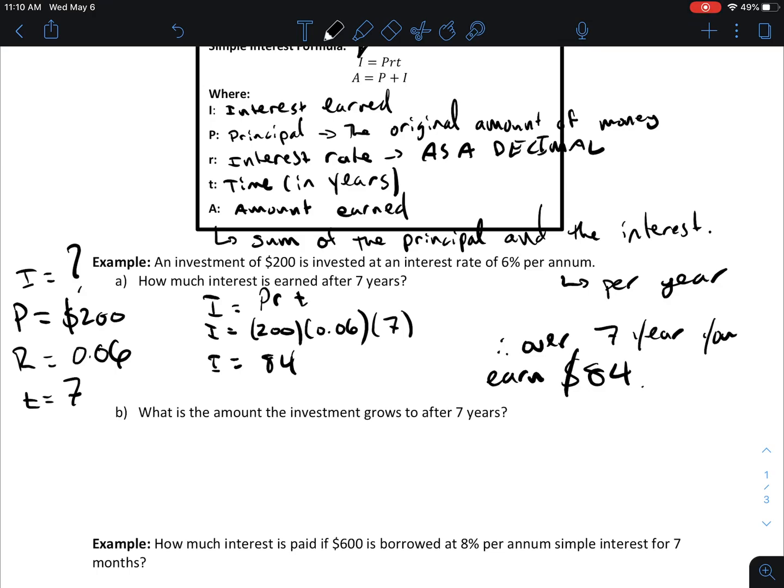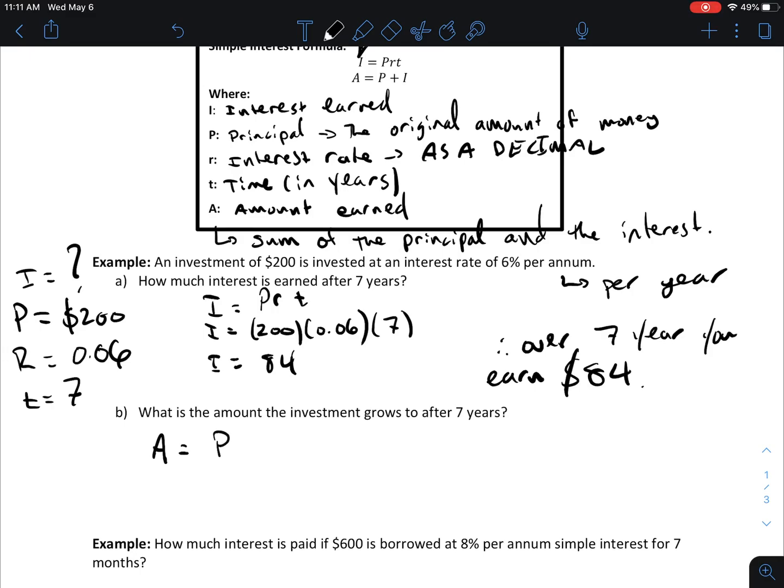Okay, so you're going to come to realize that simple interest might not be the best thing to do, right? You can see how I leave my money in an account. If you've invested $200 and that $200 is tied up for 7 years and you only make $84, the next question wants to know, at the end of 7 years, how much money do you